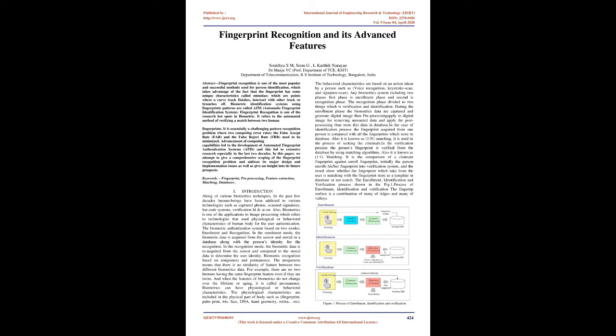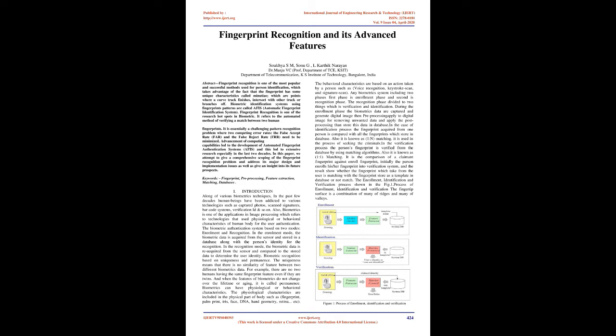Biometrics can have physiological or behavioral characteristics. The physiological characteristics are part of the physical body, such as fingerprint, palm print, iris, face, DNA, hand geometry, retina, etc. The behavioral characteristics are based on an action taken by a person, such as voice recognition,